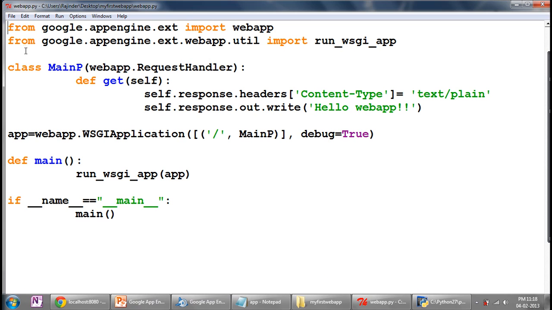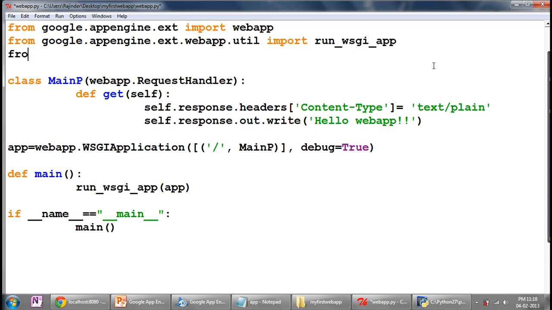These two files remain the same. Put a new line: from google.appengine.api import users. These are different APIs provided by App Engine. We use version 1 of the APIs and we are using the users package of this API.